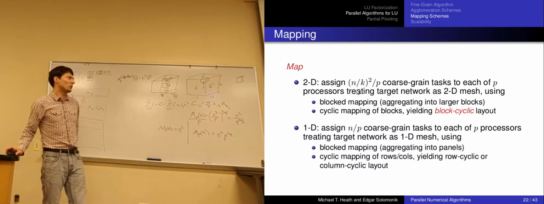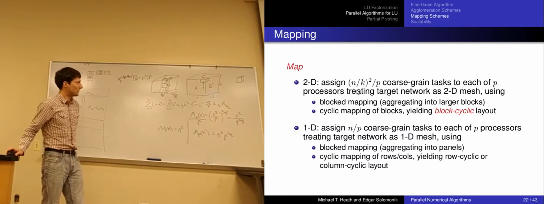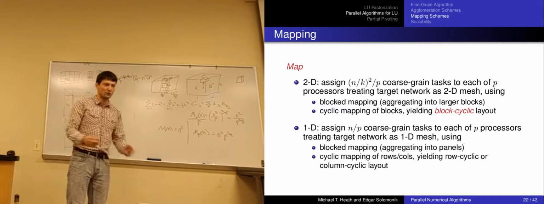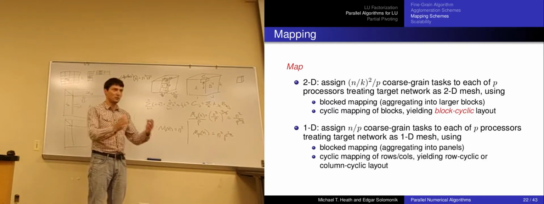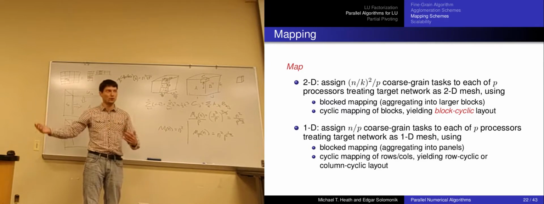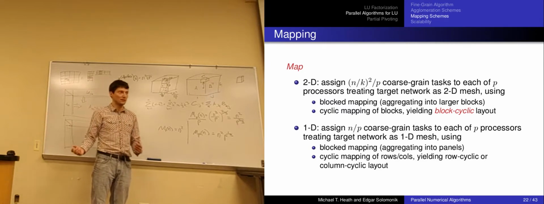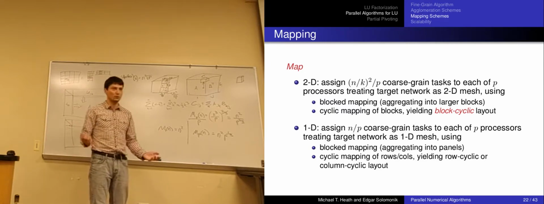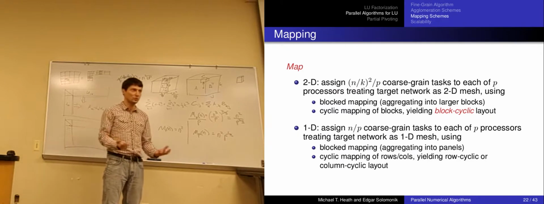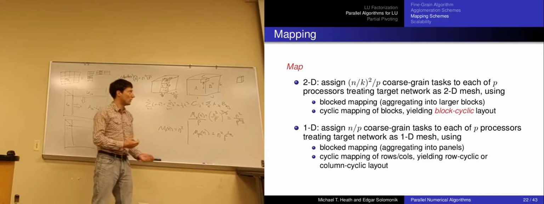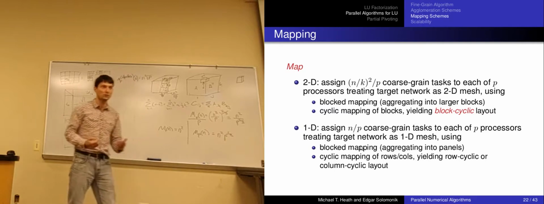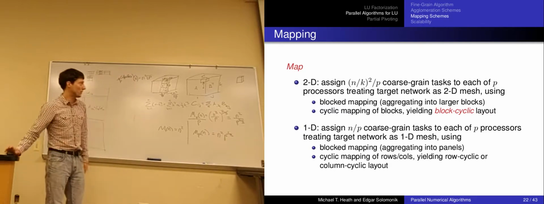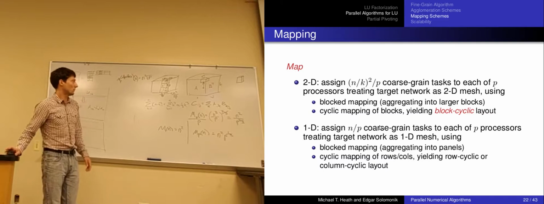There's a couple of different ways one can think about these mappings. I think it's nice to leverage the fact that we've separated aggregation and mapping and talk about aggregation into blocks and then a cyclic mapping of those blocks as a way of getting a block cyclic layout, which in fact will allow us to then have trade-offs between messaging costs, which will go up in a naive cyclic mapping, and load balance, which is what block mapping suffers. But we'll talk more about that